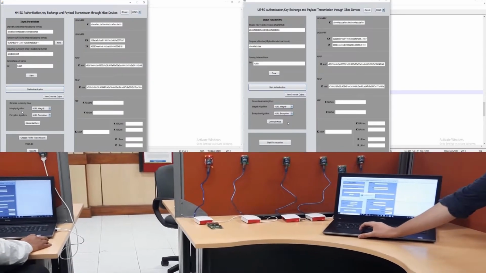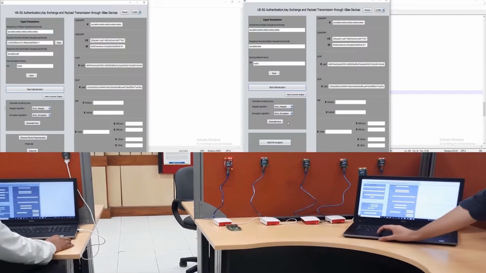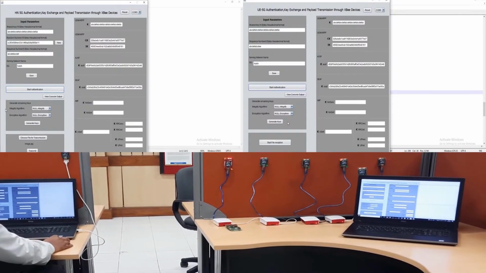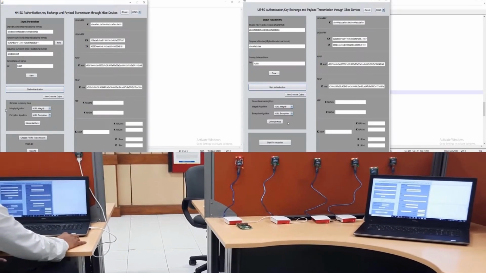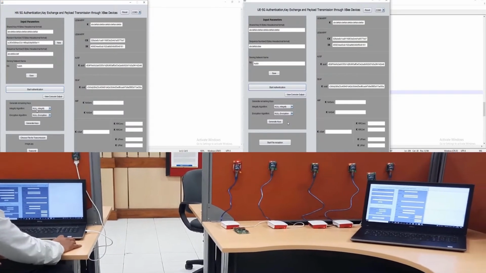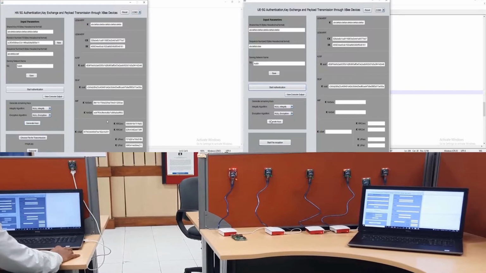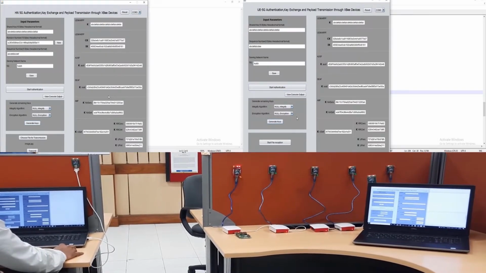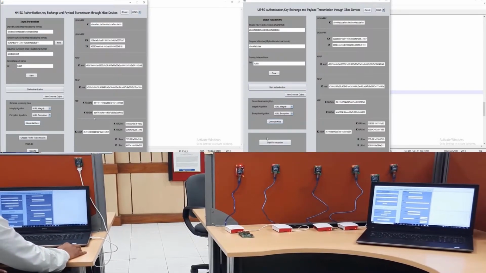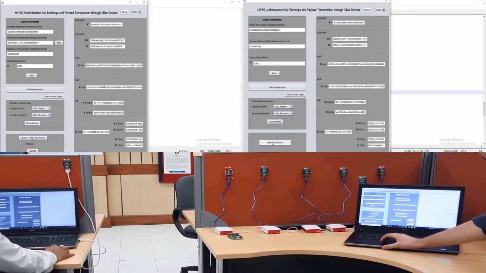Now for the payload purpose, both the home network and the UE will agree on a common encryption and integrity algorithm. For that, they will generate the keys. We can see that from the above keys, these keys are generated. Now we will do the payload transmission.